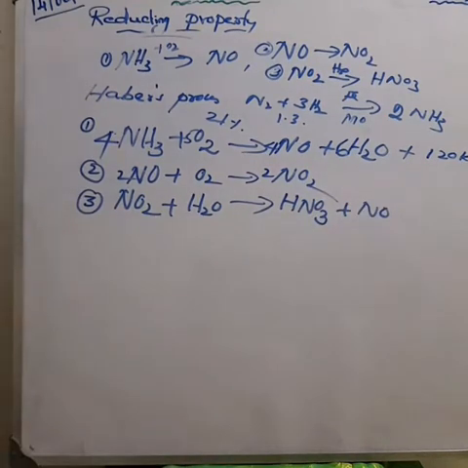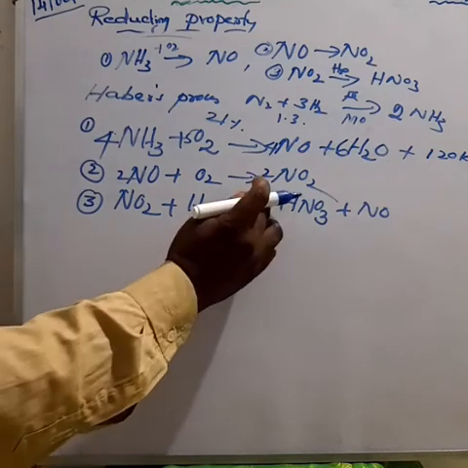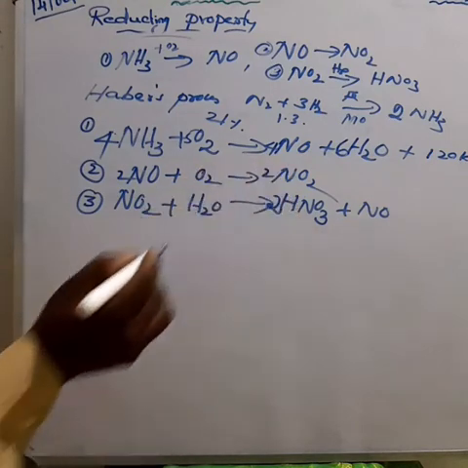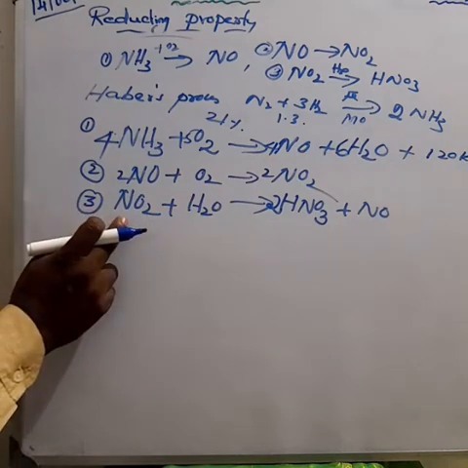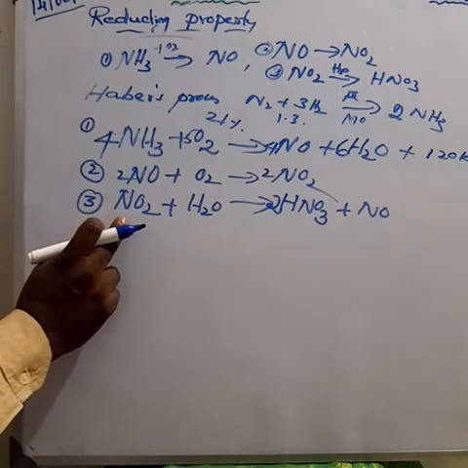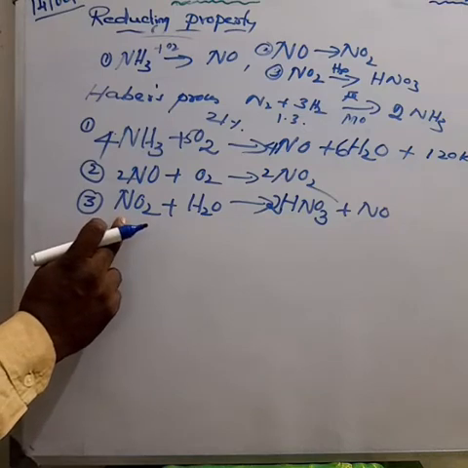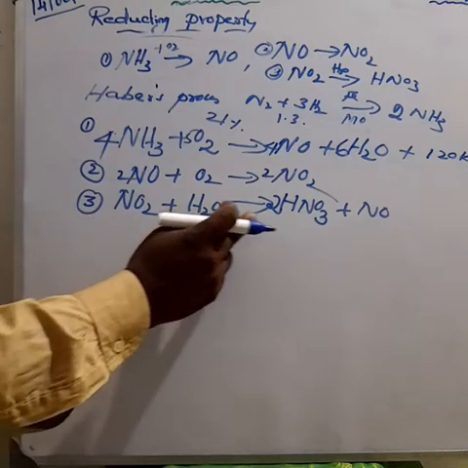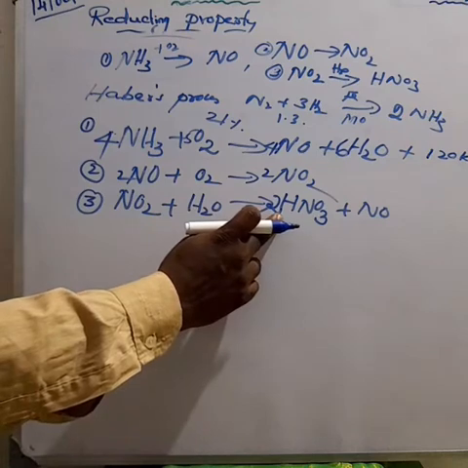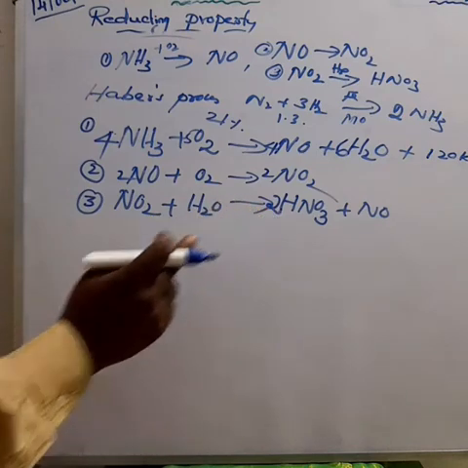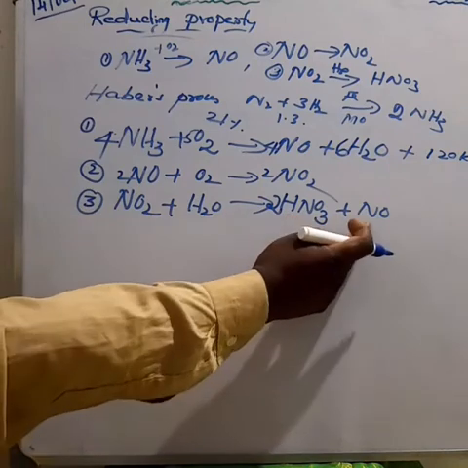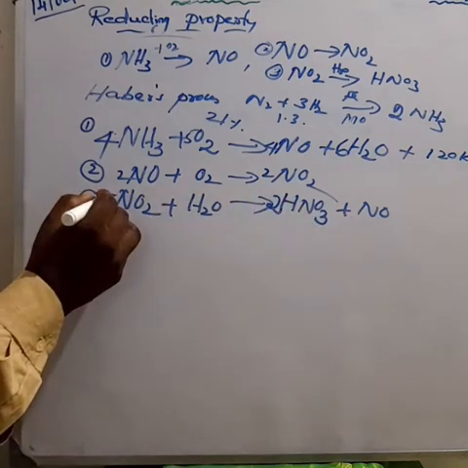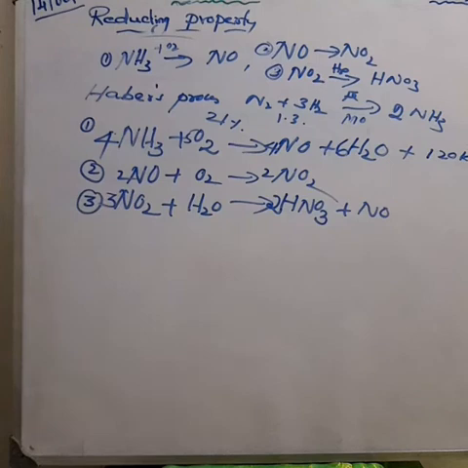Okay. So how can we easily balance the equation? Come to the product side, make it 2 nitric acid, because the reactant side having water molecules, the H2O, has 2 hydrogen. So on the product side we make it 2 hydrogen. How can you count the nitrogen? Here having 2, there having also 1. So 2 plus 1 is equal to 3. So make it 3 here. Now everything is balanced.